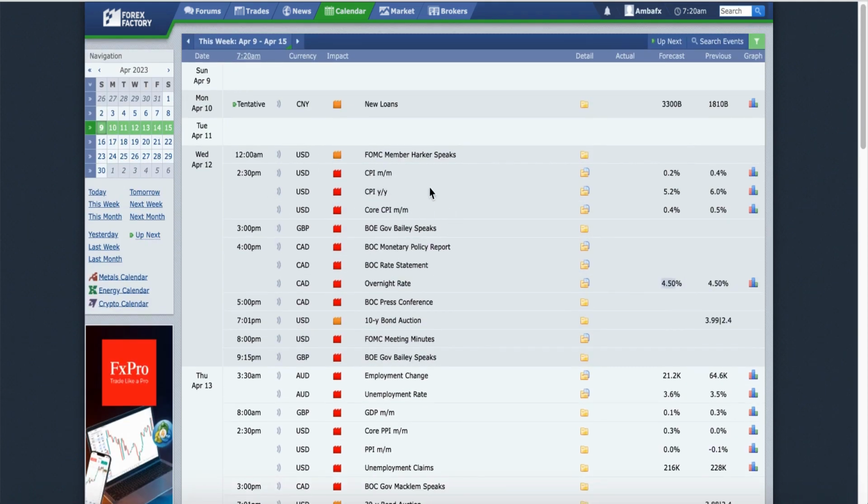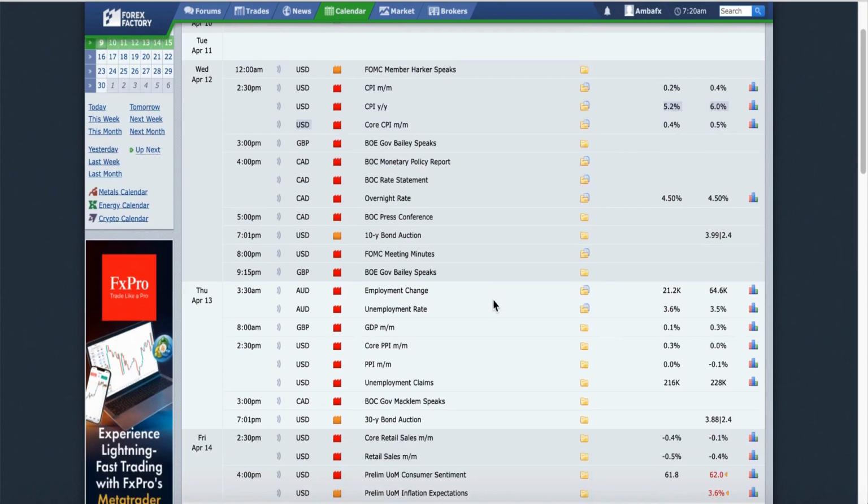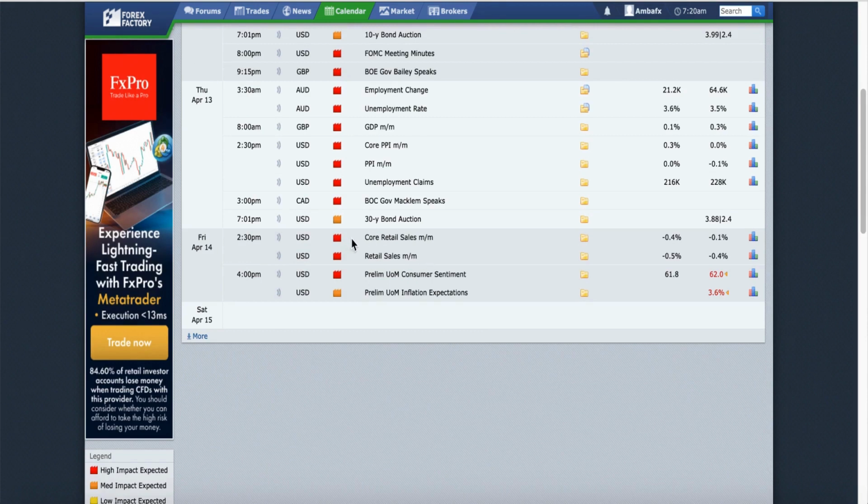As you all know, CPI is a measure of inflation. Is this data that will prompt the Fed to make a decision, maybe going for a rate hike in May or a rate cut? If we now see better than expected inflation data, then we should see the US dollar to the upside. And on Friday we have the core retail and then the retail sales. This one too is used to measure inflation, so you have to be very, very careful about this one too.